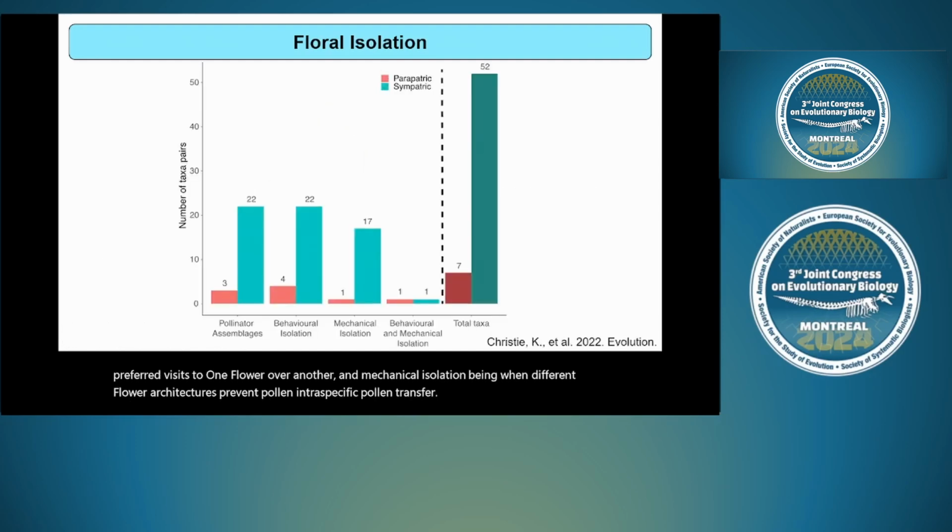Over here, I have extracted some data from a recent Christie review that summarized the strength of reproductive isolation barriers in seed plants over the last 15 years. On the left-hand side, I have the number of taxa pairs and then all the different ways that pollinator isolation has been quantified. As you can see in the graph, pollinator isolation has been quantified a lot in sympatric populations. And there's actually only one study each in parapatric and sympatric populations that have actually studied both behavioral and mechanical